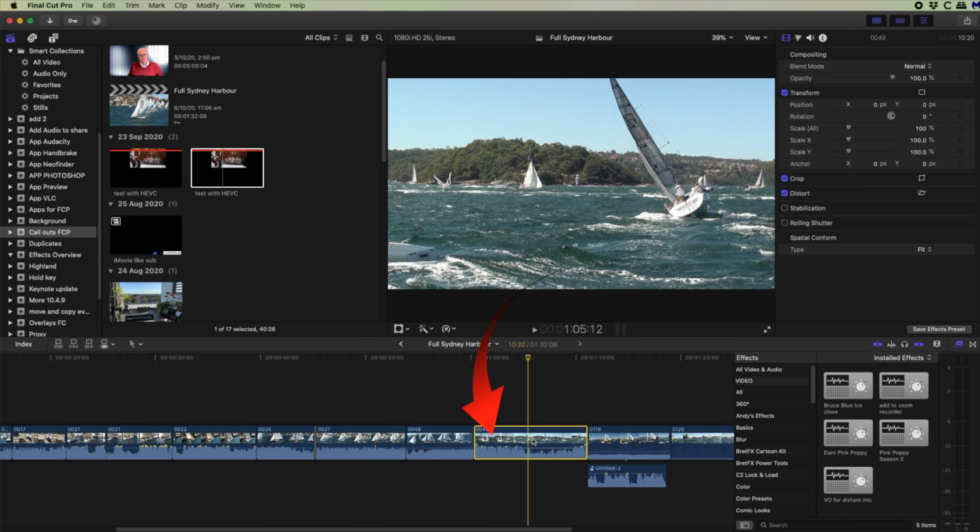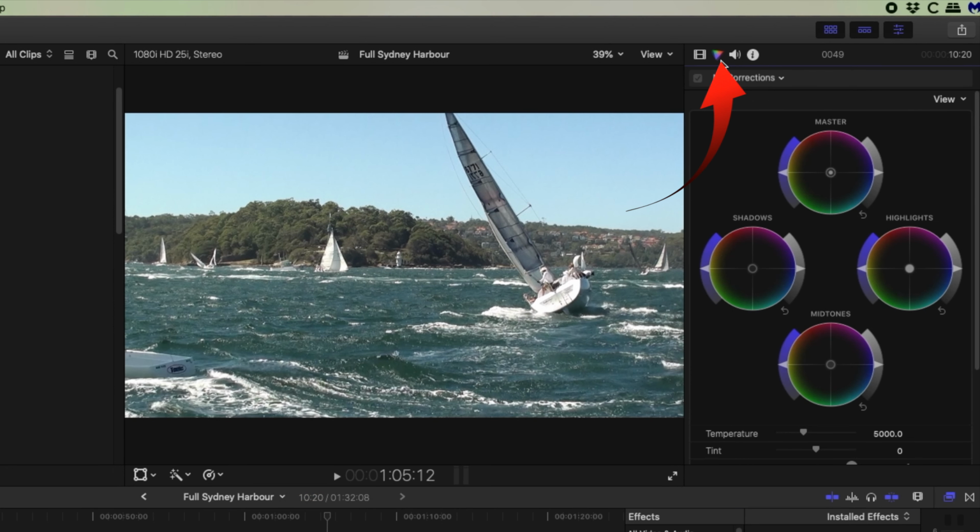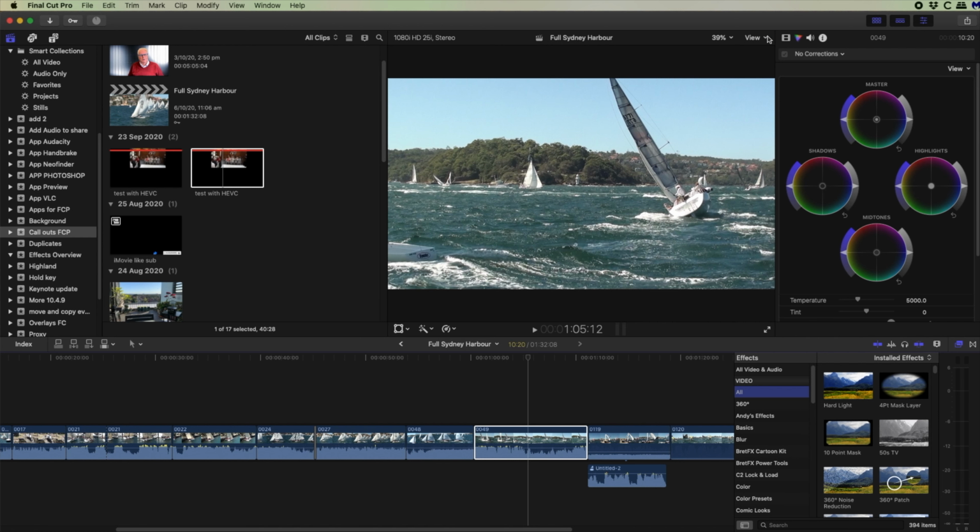So back to the timeline, and let's now look at the other built-in effects that come under the color selection. Now when you click on this here, it multicolors to show that it's active. Here you can see your controls for color correction as wheels, or you can also see the color board, color curves, and hue and saturation. Click the eye above to go to a video playlist that discusses color correction. So that's looked at the inspector's built-in effects.